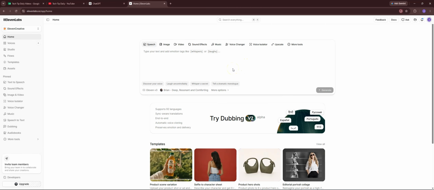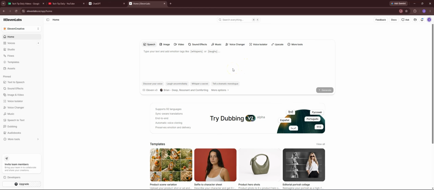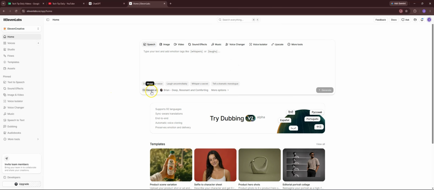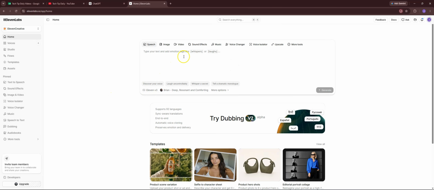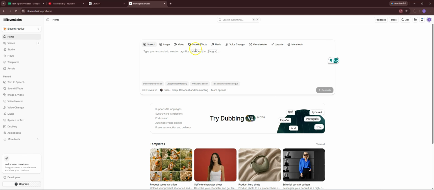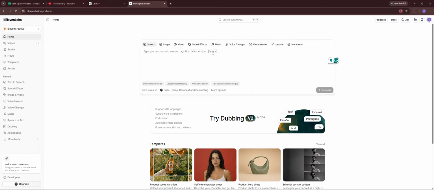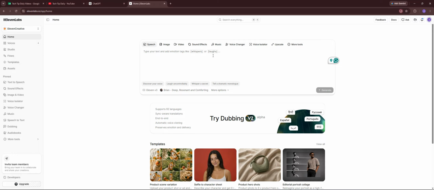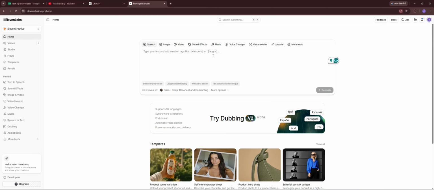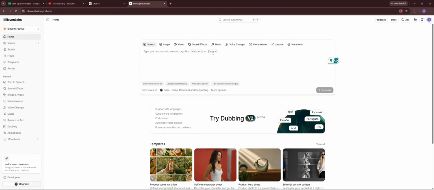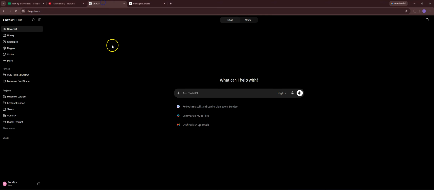Now, ElevenLabs used to do this organically where you would put it in and it would basically edit it as you would switch to V3, but now you can also do it in your own right by adding it yourself. Now, if you're writing a script, this can take time. You might not know what to do perfectly or where to actually implement it. So the easiest way to do this, the absolute easiest way, is to just use ChatGPT and have it do